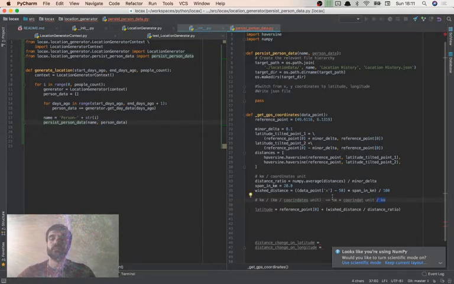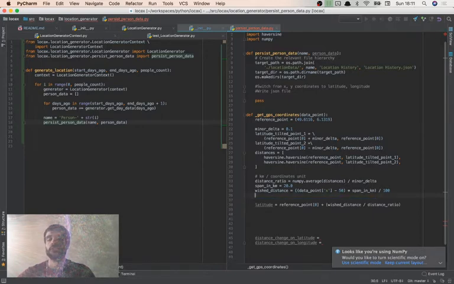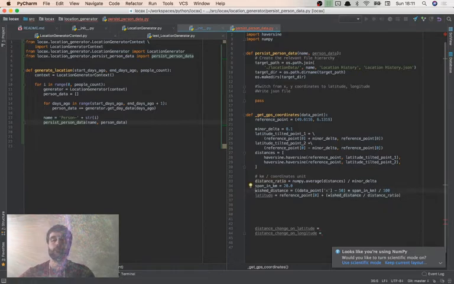Those two things are nullifying themselves, and so I'm indeed getting coordinate units. So this should be my latitude. Okay, so